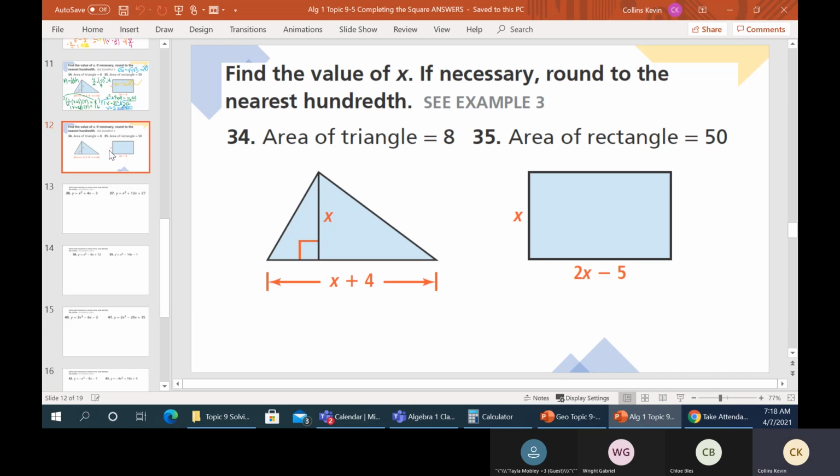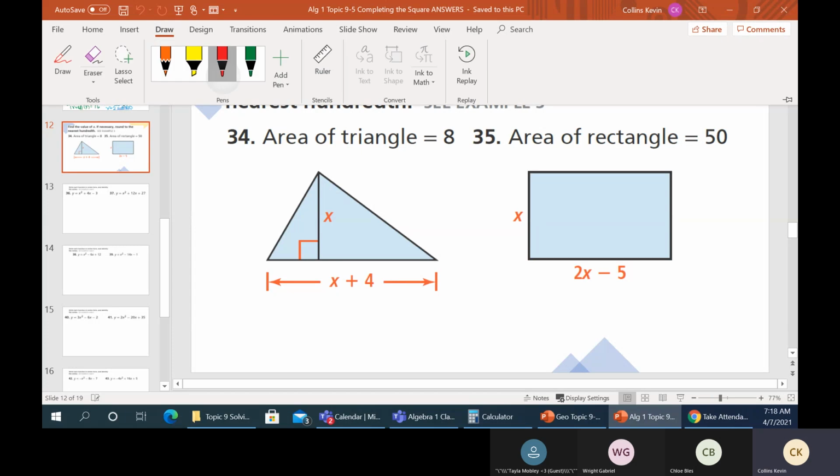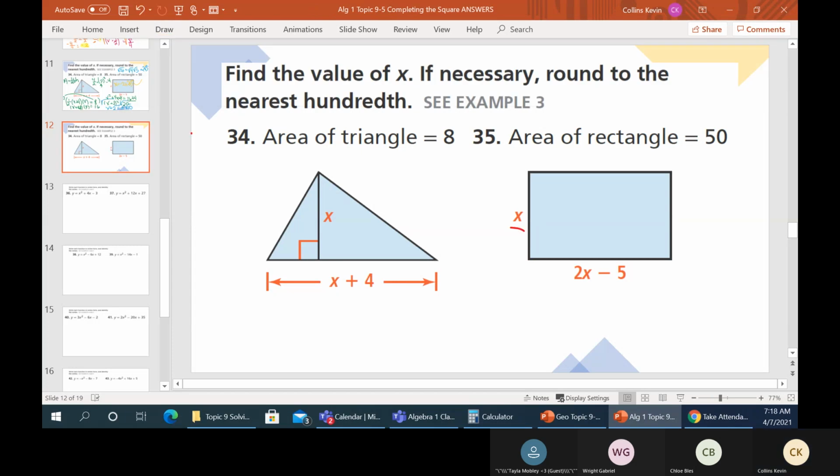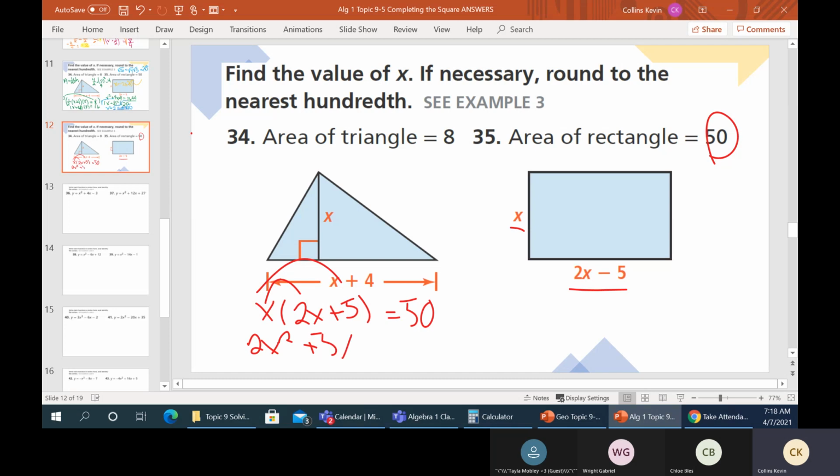So that means we're just going to multiply the x by 2x plus 5. x times 2x plus 5, and that is going to equal 50. All right, so if we go ahead and distribute, this will give us 2x squared, and then plus 5x